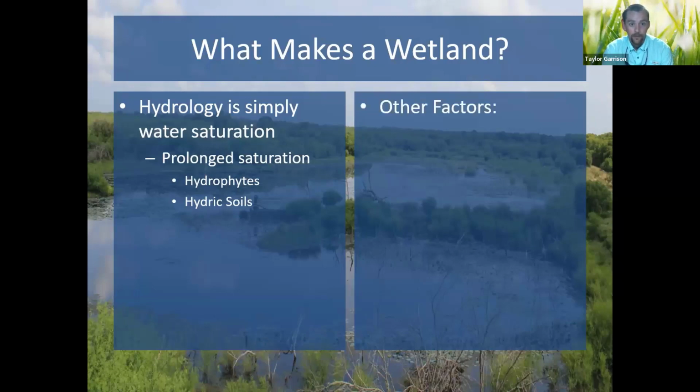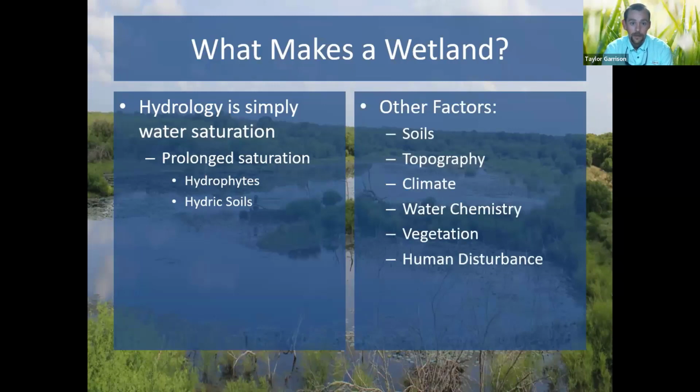Other factors that can affect wetlands, and there are a myriad of them, are, as we said a minute ago, soils; topography, so the point on the landscape, below a hillside or in a drainage; the regional and local climate; and water chemistry, which can be affected by what water source it might be. Is it runoff? Is it groundwater? What is the quality of that water entering the wetland? Then also the vegetation growing around wetlands can tell us a lot about what's there and what type of wetland it might be.